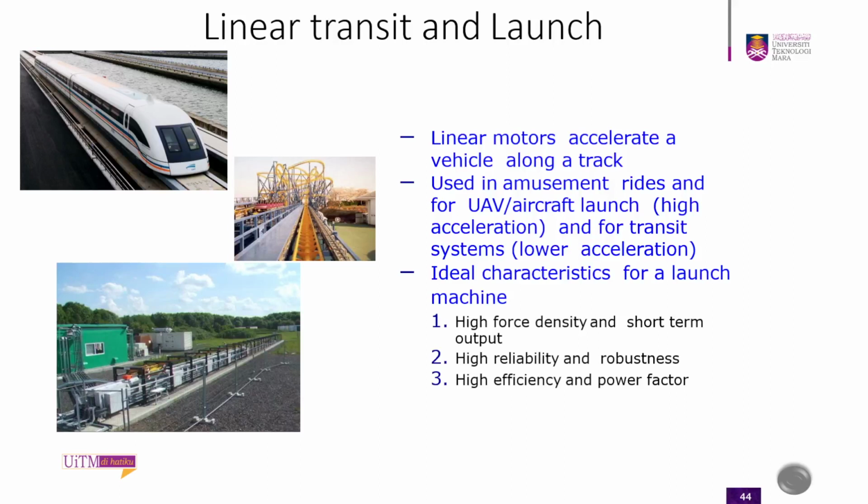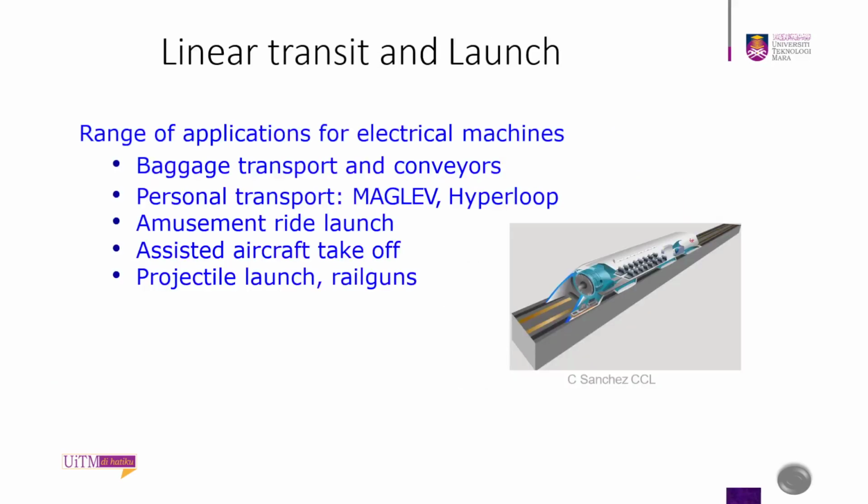Ideal characteristics for a launch machine: a high force density and short-term output. So it has to be a burst, high force density and short-term output. And then high reliability and robustness, high efficiency and power factor. The range of application for electrical machines in linear transit and launch can be baggage transport, so the baggage transport uses the linear motor, and as well personal transport, hyperloop. And for the amusement ride, launch-assisted aircraft takeoff, and the projectile launch,